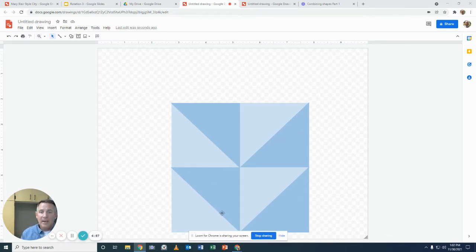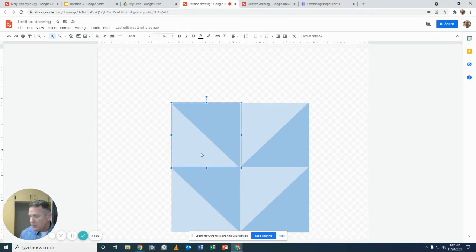So now that you've created a composite shape made up of many smaller shapes, you can decide to manipulate this even further by rotating segments of it. And that's what I'm going to do first. I'm going to rotate one segment by selecting one triangle, holding Shift, selecting another triangle, and then I'm going to hold the Shift key down while I drag the handle, and I'm going to flip it completely 180 degrees, and